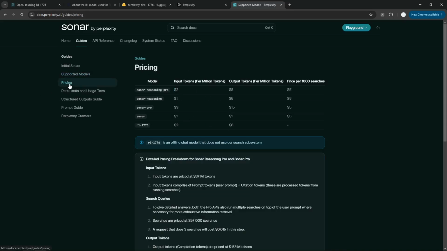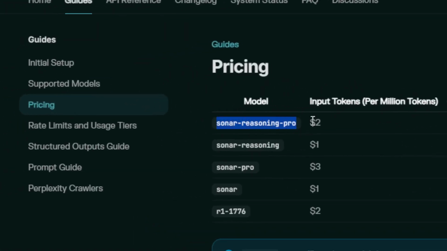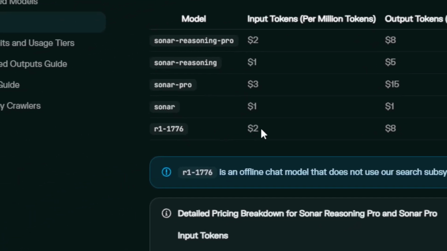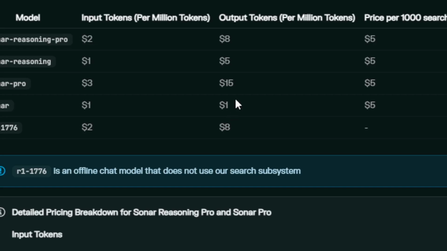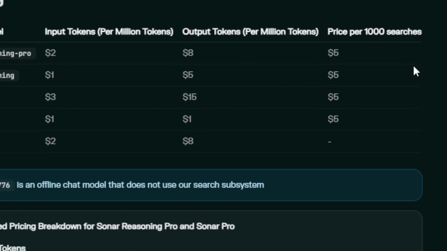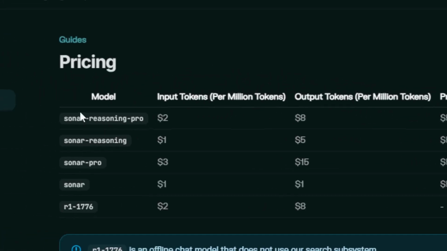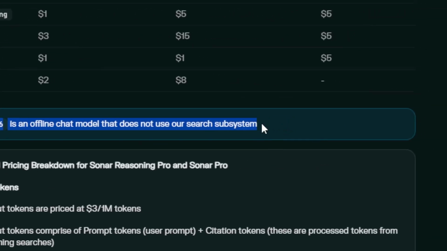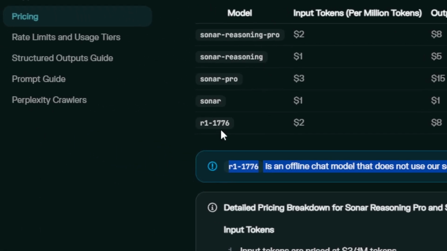So if you go to the pricing here, you'll see that it is very much similar. So Sonar Reasoning Pro costs $2 for a million token input and $8 for the output, which is the same as the R1-1776, $2 for input and $8 for 1 million tokens. Now, I don't know the pricing of 1000 searches, because it is actually not available. So unlike the Sonar model, which has access to the internet, the R1-1776 is completely offline. And if that is something that's okay to you, then you can definitely use this reasoning model for your simple